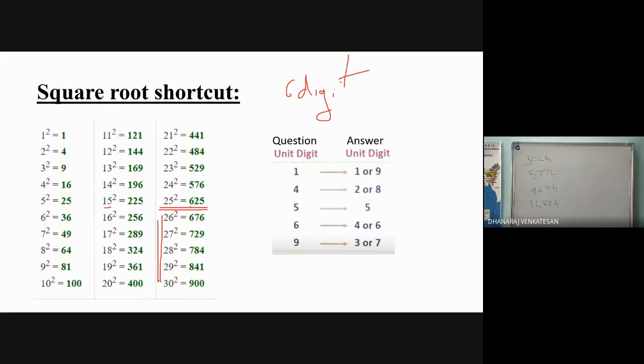Yeah, right. Okay. I hope everyone understood. We'll go for this is the square root. Now we have seen for square root how to solve square root. Okay. Now we'll go for cube root. Up to now we have seen the shortcut for square root. Now we'll go for cube root. Okay. Square root is over. Now we are going for cube root.